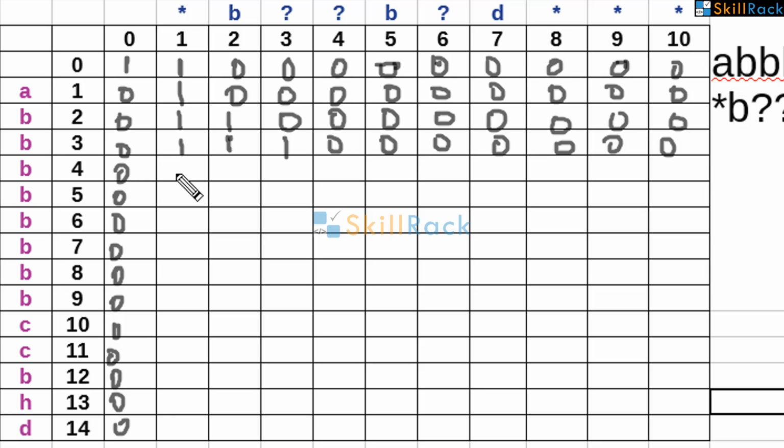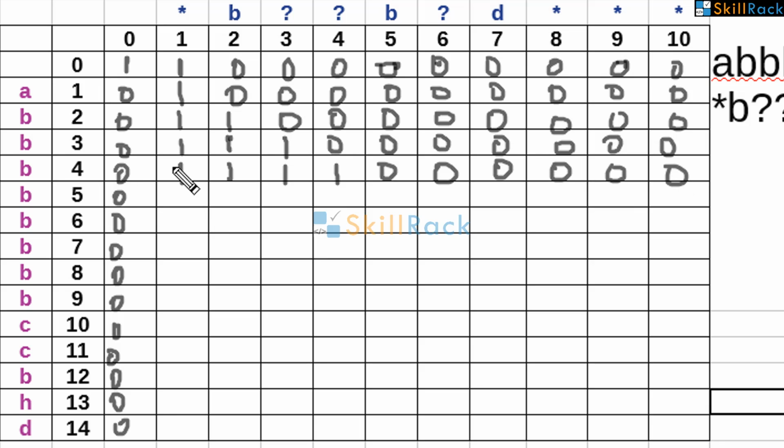Now B asterisk, yes it can match and the top is 1. Yes. Now B, can it match? Yes, and the previous is 1. Question mark, it can match and the previous is 1. Question mark, it can match and the previous is 1. Now it is BB, it can match but the previous is 0. So 0. Question mark, it can match but the previous is 0. D, not matching. D and B, they don't match. So it is 0. Asterisk, it can match but top and left are 0. So 0, 0. Same thing.